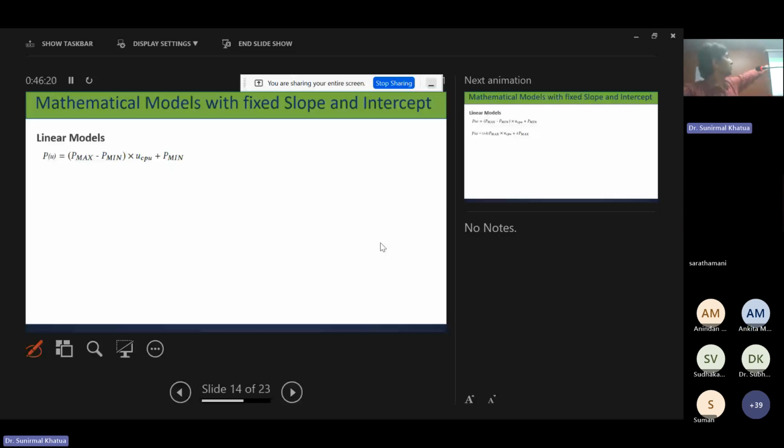See, when u equals 0, what is P(u)? It is Pmin. That means just turn on the server, don't put any workload, and measure the power. That is the Pmin of that host. Similarly, if u equals 1, then it is Pmax. So put lots of workload so that the utilization shows 100%, and then you can measure Pmax. Once we get Pmax and Pmin, using that linear model, we can easily find the power consumed for a particular load without running it. If we say that this virtual machine is at a load,